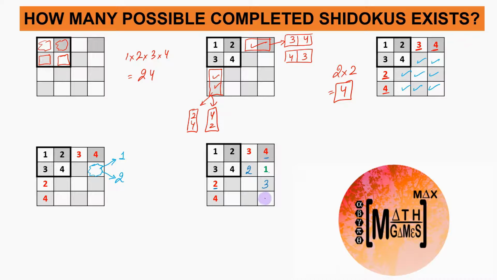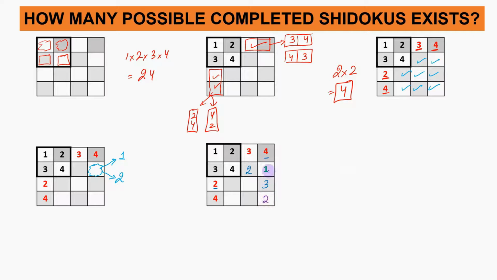Now this place will obviously be a 2 because we already have 1, 3 and 4 in this column. So this can only be a 2. There is no other possible way by which this can be filled. And then 4 cannot come over here, neither can 2 or 3. So this place has to be equal to 1, thereby implying that this place has to be equal to 3.